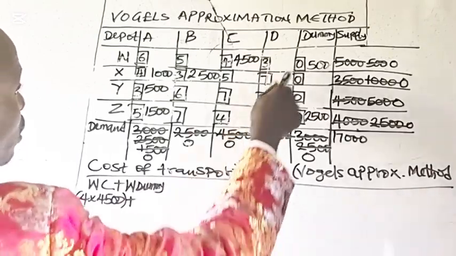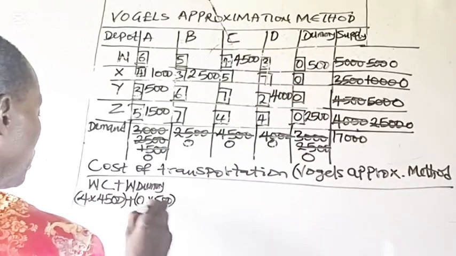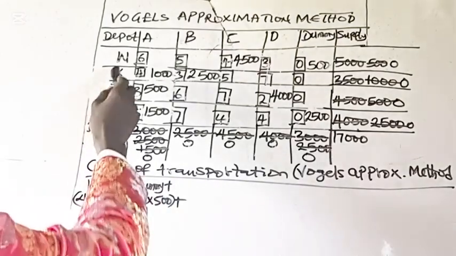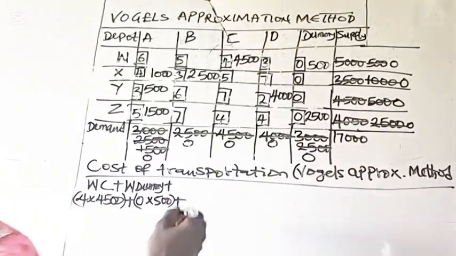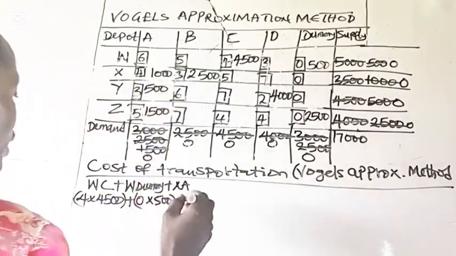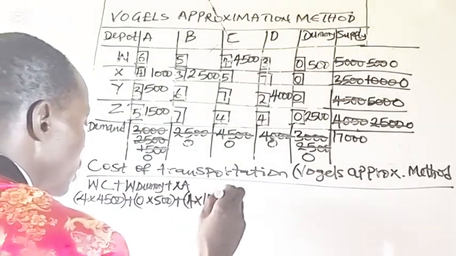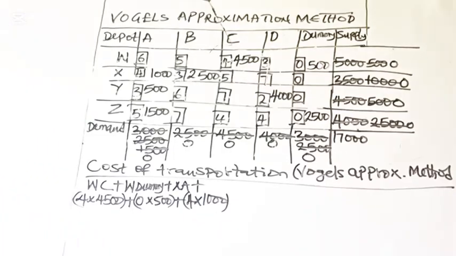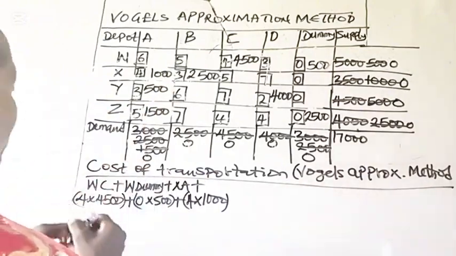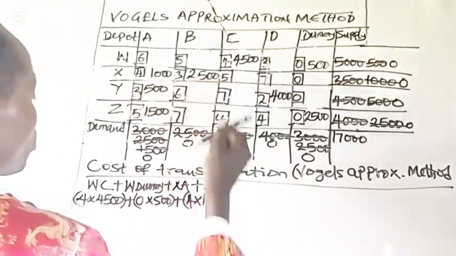That is 0 times 500, plus you have XA, which is 4 times 1,000, plus XB, which is 3 times 2,500,